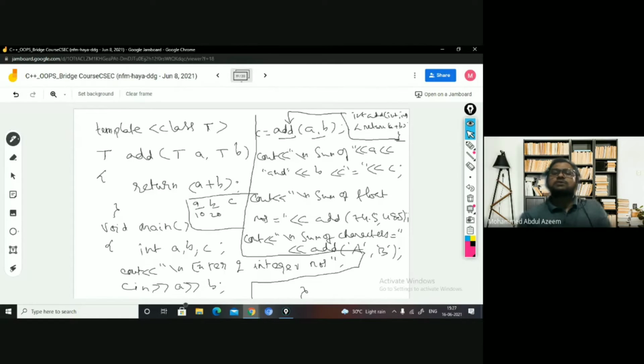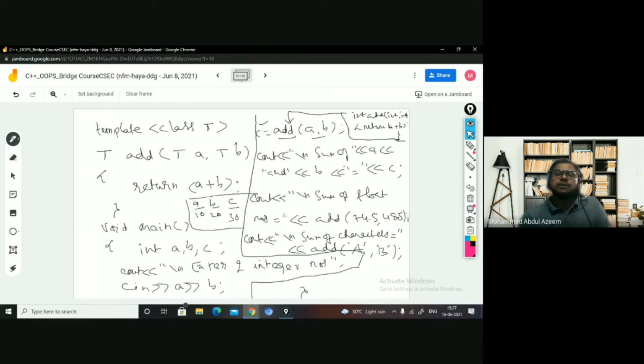Fine. So then that particular function is going to be invoked. So when you are saying A comma B, 10 and 20 are going to be passed here, and 10, 20 will be then added and returned. You get the value 30 assigned to C. And you are saying sum of 10 and 20 equal to 30 will be displayed. Got it?